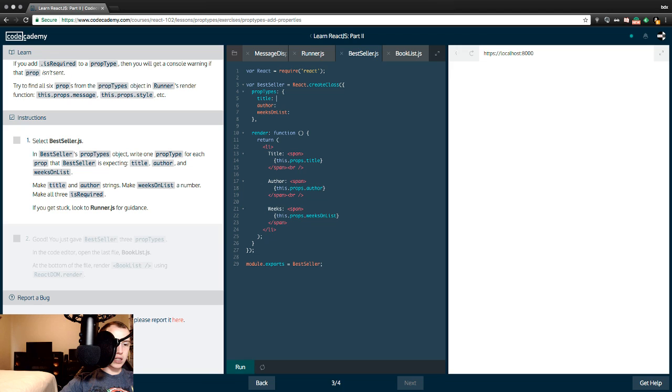React dot something. I'm trying to go off memory. PropTypes, upper camel case. Dot the data type, string. Dot isRequired,